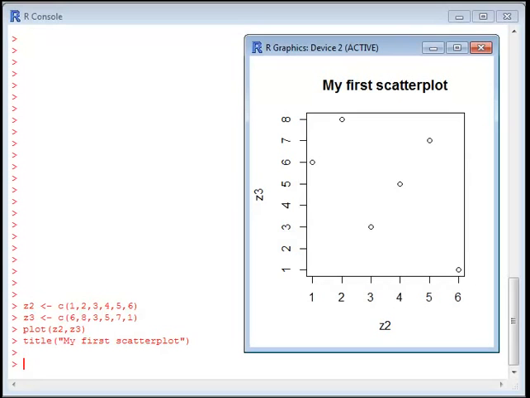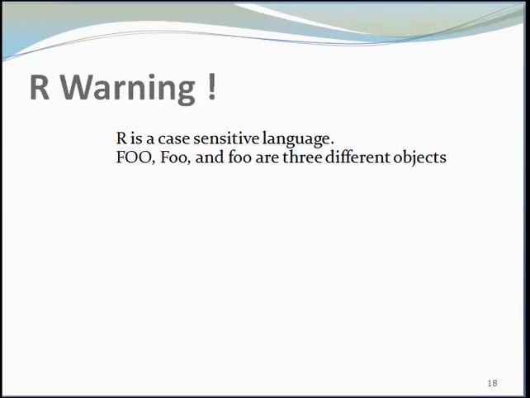See here, I've got this plot of z2 versus z3, by plotting z2 on the x-axis and z3 on the y-axis and given the name my first scatter plot to this plot using these commands. One thing to be remembered is R is a case sensitive language. So FOO capital, this and this, all these three are different objects.